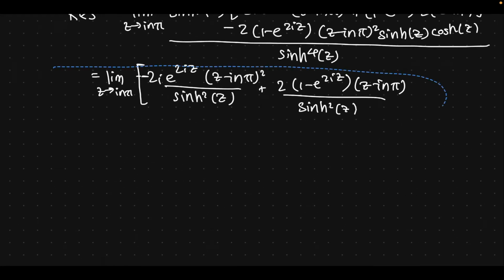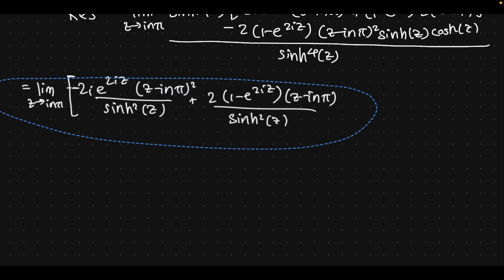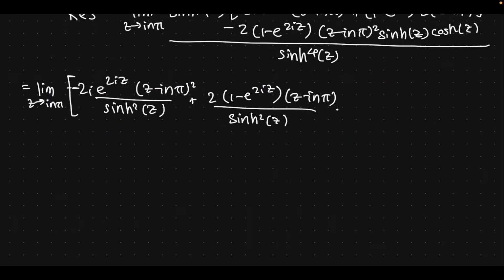Maybe I can make a little more space, minus 2 times 1 minus e to the 2iz, z minus i n pi squared, sinh z over sinh to the fourth